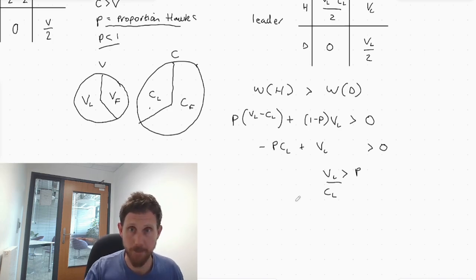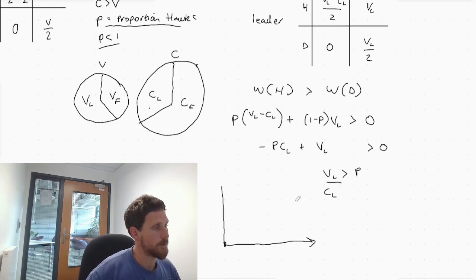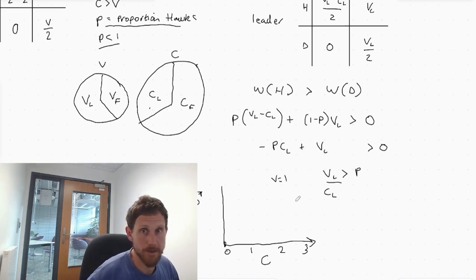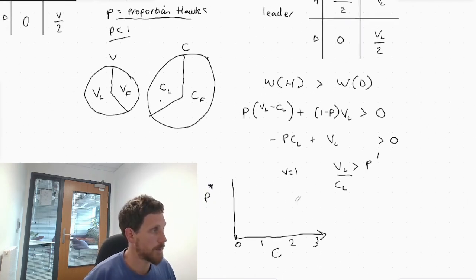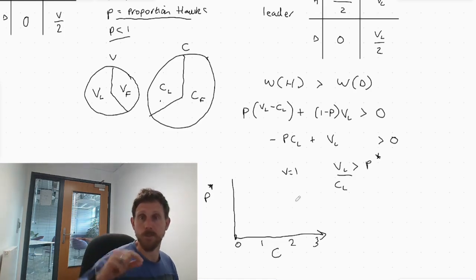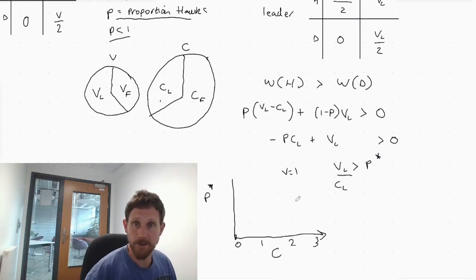So obviously you can't play hawk more than 100% of the time, but what would happen in the model is that if we plot C on the x-axis, and we'll give it some numbers, 0, 1, 2, and 3, and we're going to say that B equals 1, and we'll call P star the critical value of P,